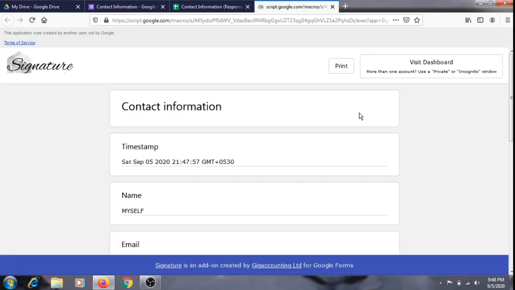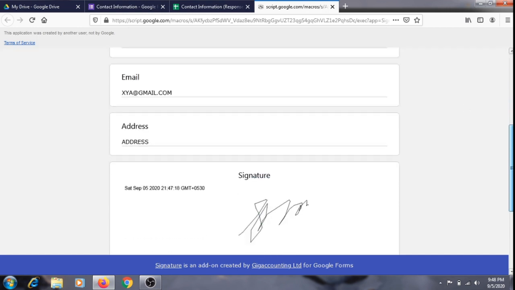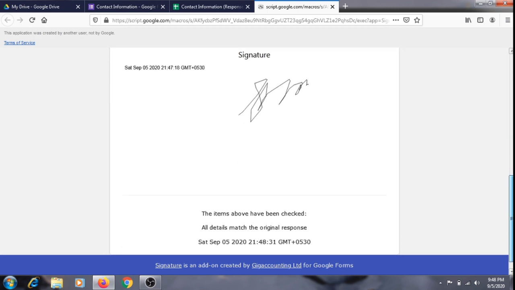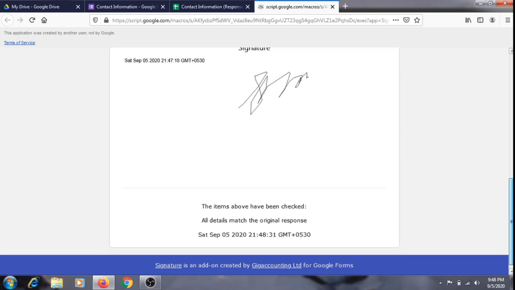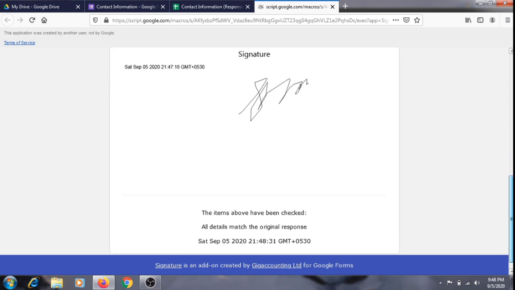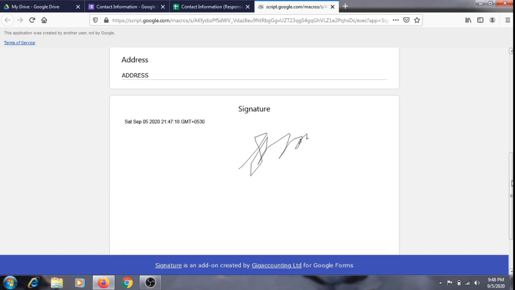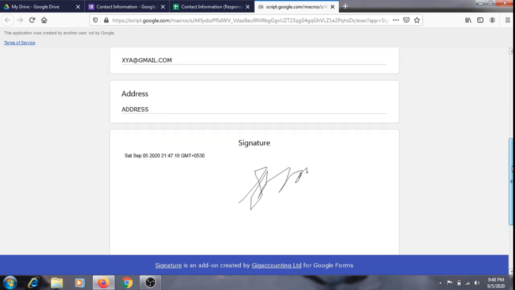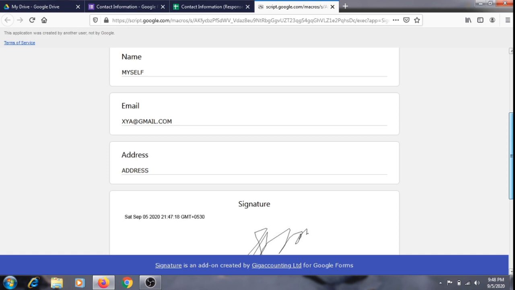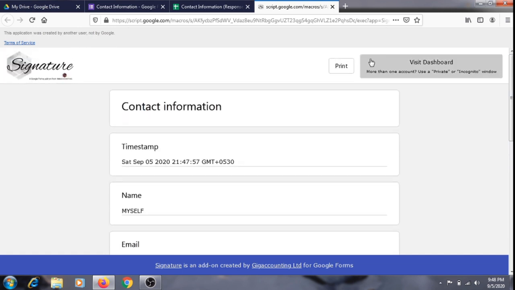When we click this link, we get the signature done by the other person. This is how we get the signatures. If you want the authentication to be perfect using Google Form, this will be the best method to use for any type.